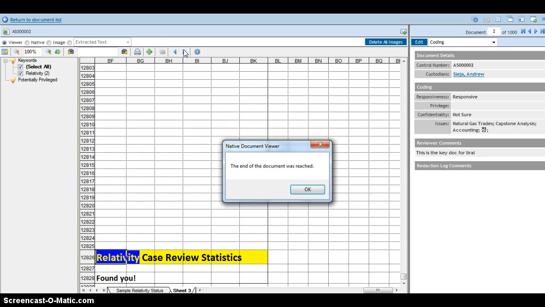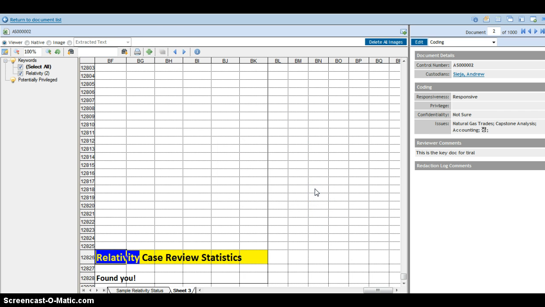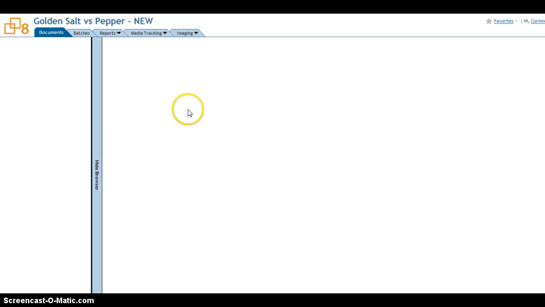So if I were doing a keyword search and it returns 12,000 rows into an Excel file, like we have here, I can use the blue arrows to jump straight to my hit and have it keyed out for me instead of having to wade through the Excel nightmare. If we go back,